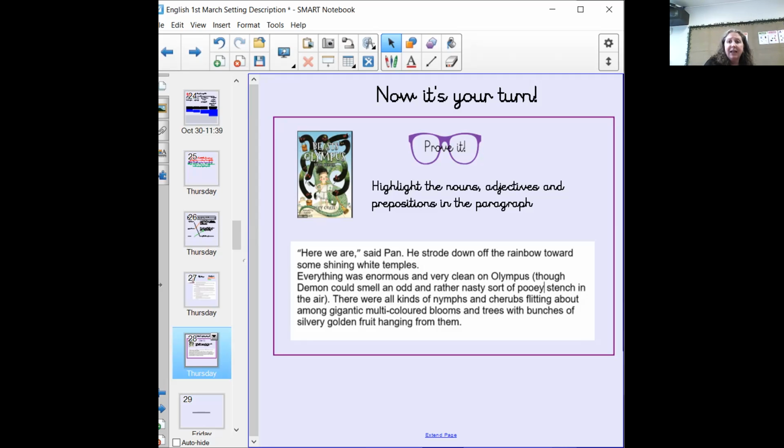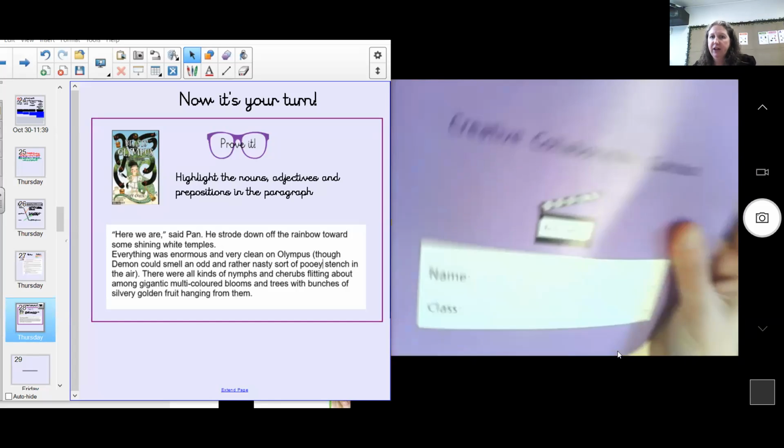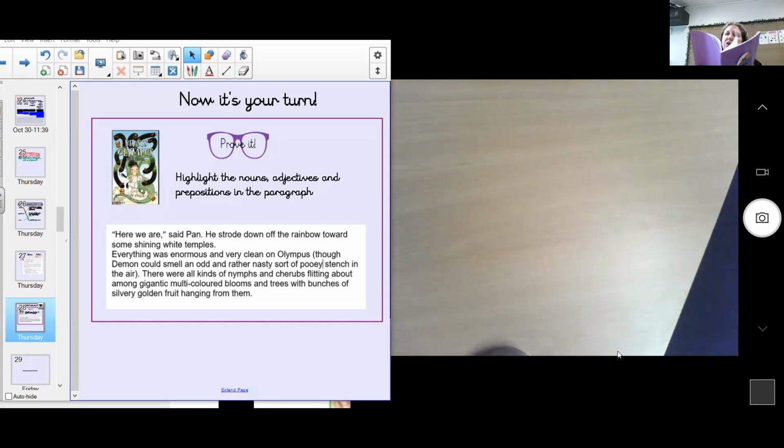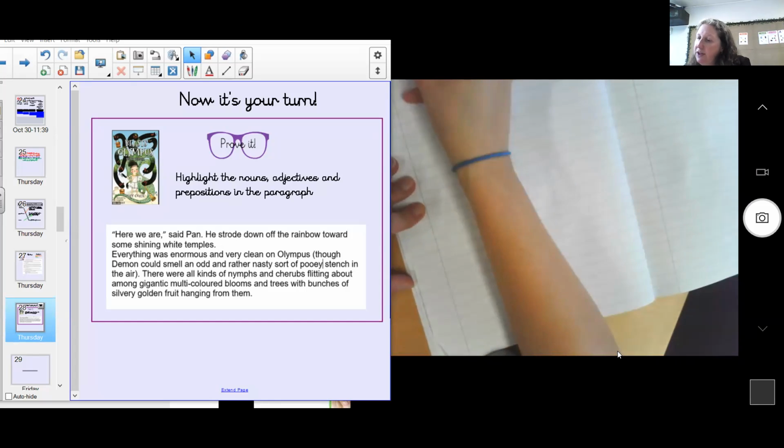If you do not have a sheet and you can't print it out and you can't do it online, what you can do is do it in your book. If you just bear with me a minute, I will show you what I mean. Okay, so here I have a book. You will turn to the next clean page in your book. You will write the date, and the date was Thursday,